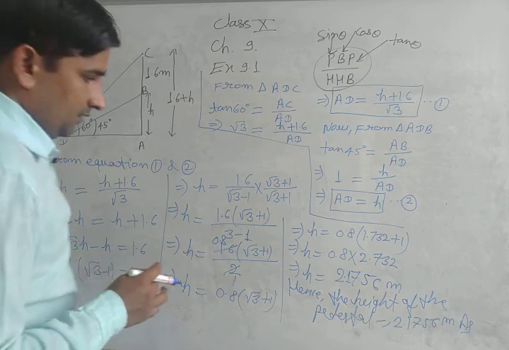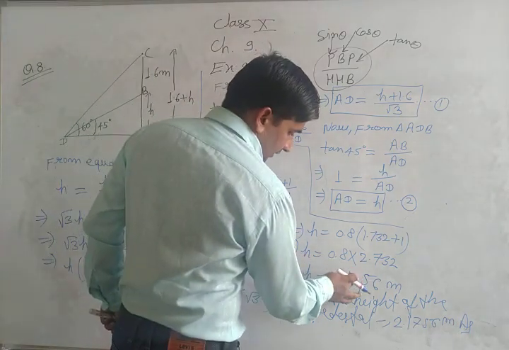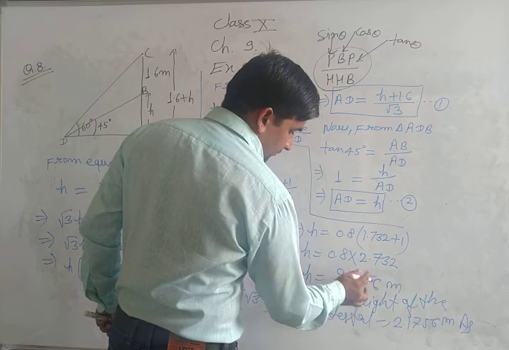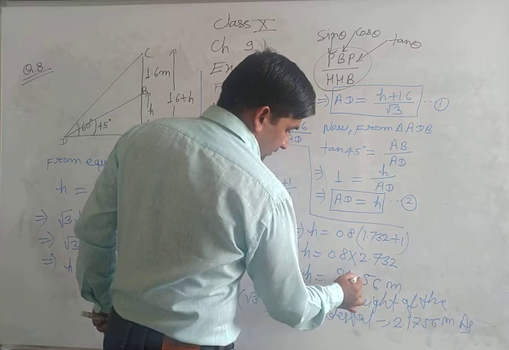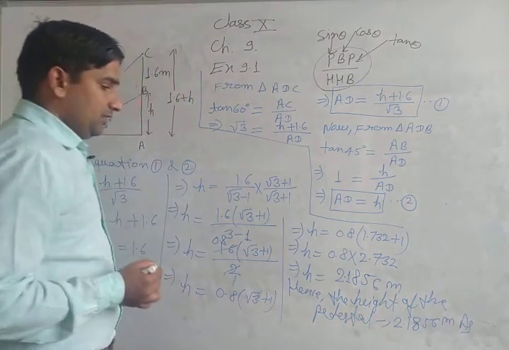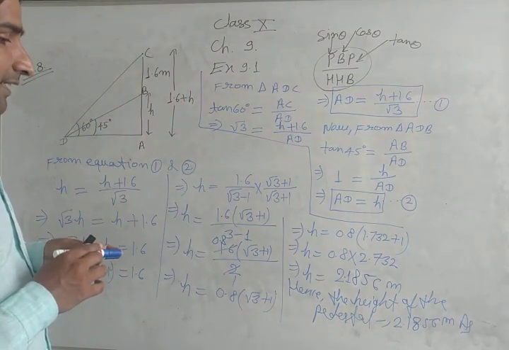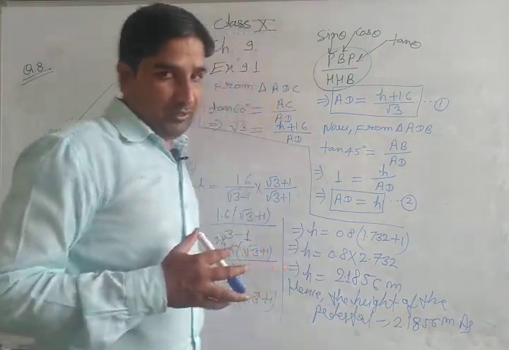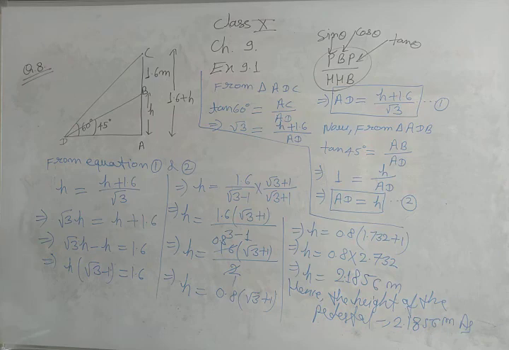Clear? Okay, see, take care here: you have to add the carry 2. So 8 sevens are 56, 56 plus 2 is 58 here. You write 8 here and also write 8. So what is the answer? 2.1856, and approximately this value is 2.20 meter. So this one is the answer of your question, question number 8. Clear? Okay. Now we solve your next question.